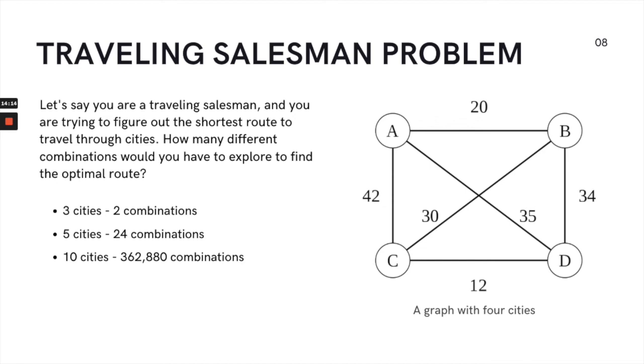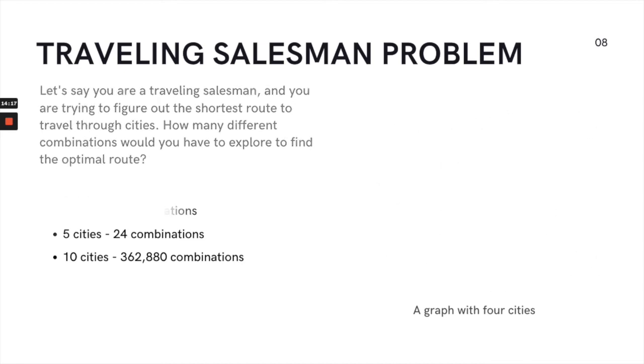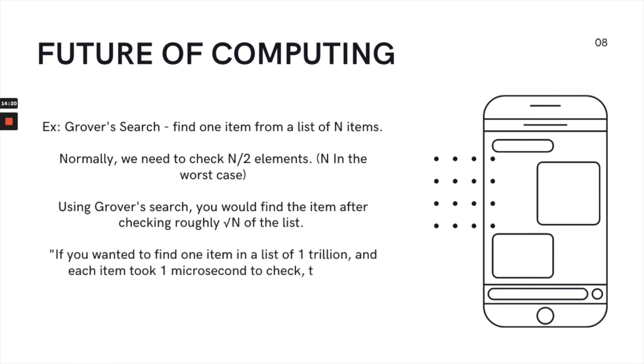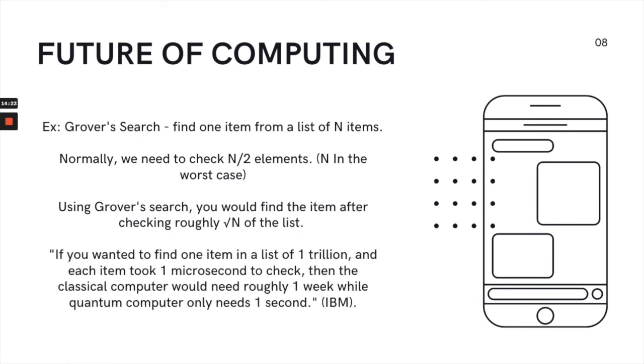However, let's see a comparison between classical computers and qubit computers, or quantum computers. An example of the algorithms that IBM uses is called Grover's search. It's a very simple algorithm. It finds one item from a list of n items, and normally we need to check (n-1)/2 elements in the worst case, but n/2 in the average case, in a normal computer using a normal algorithm. However, using Grover's search, you would find the item after roughly checking the square root of n of the list, and then